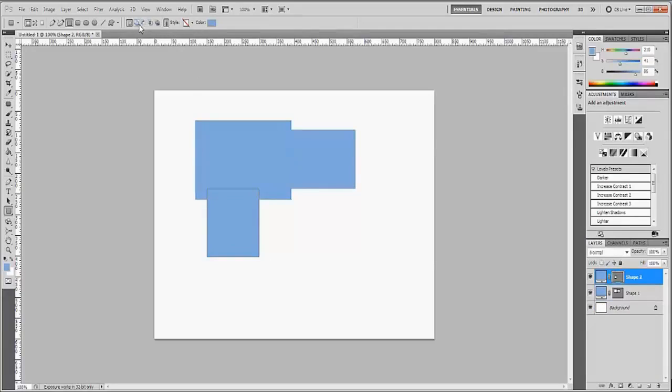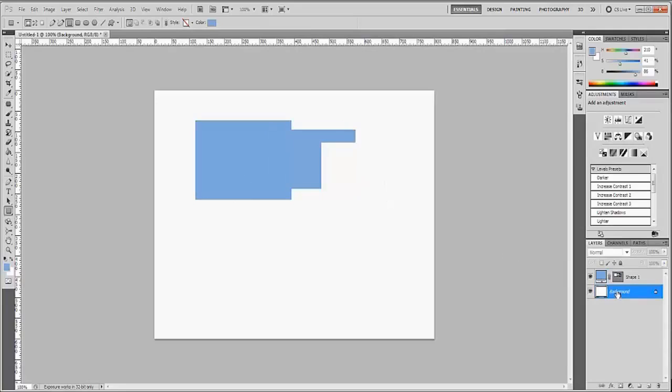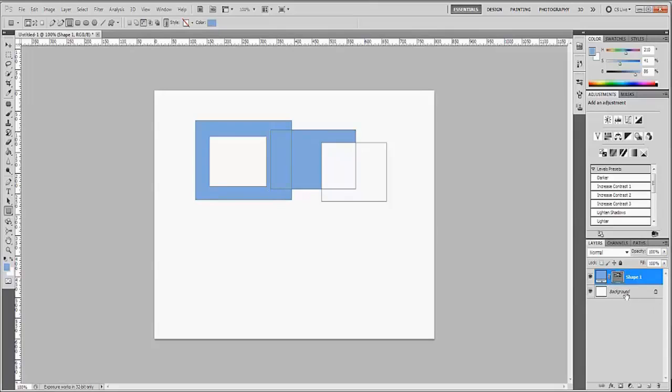If I picked subtract from shape area, it would automatically subtract an area of the image. So I keep creating new shapes. Sorry, again, it subtracts from the image. Now if I wanted to